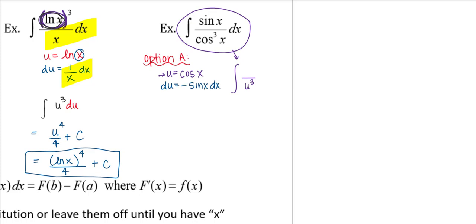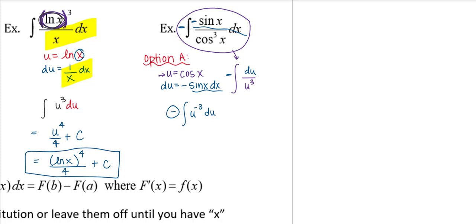And this works out perfect if I throw a negative 1 in, so I'm going to multiply by negative 1 inside and a negative 1 outside. So I'll have a negative out in front of my antiderivative, and then the sine x dx piece that's in here is going to become du. So what I'm really anti-differentiating is u to the negative 3 du. Of course, don't forget that negative out front.